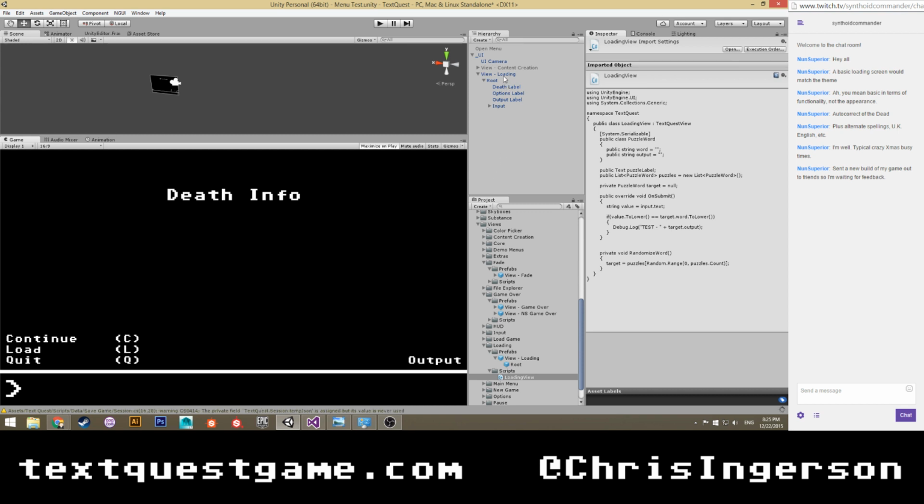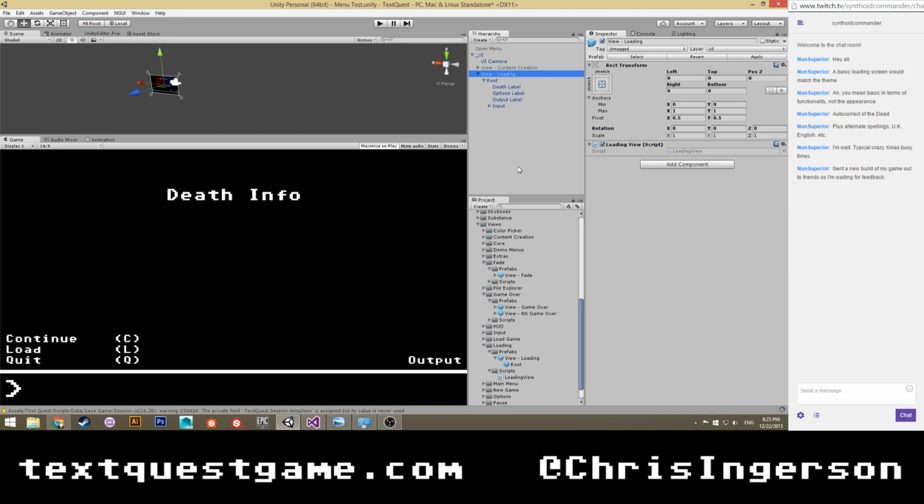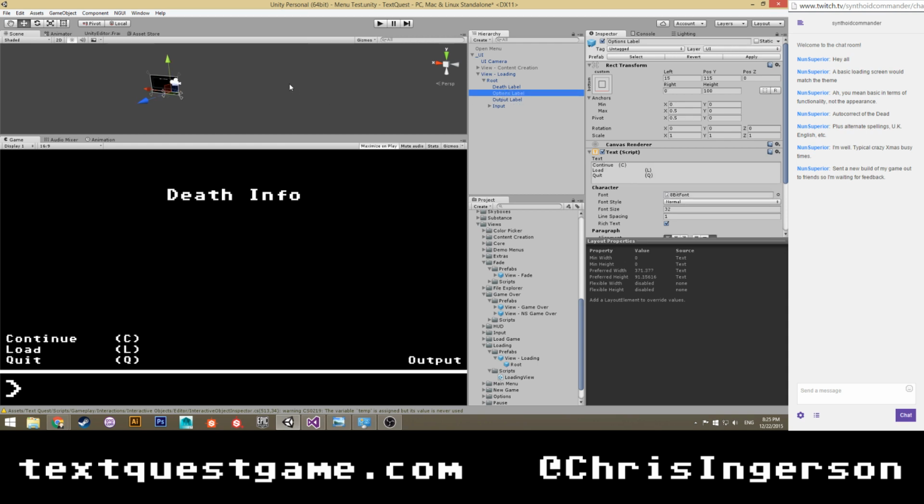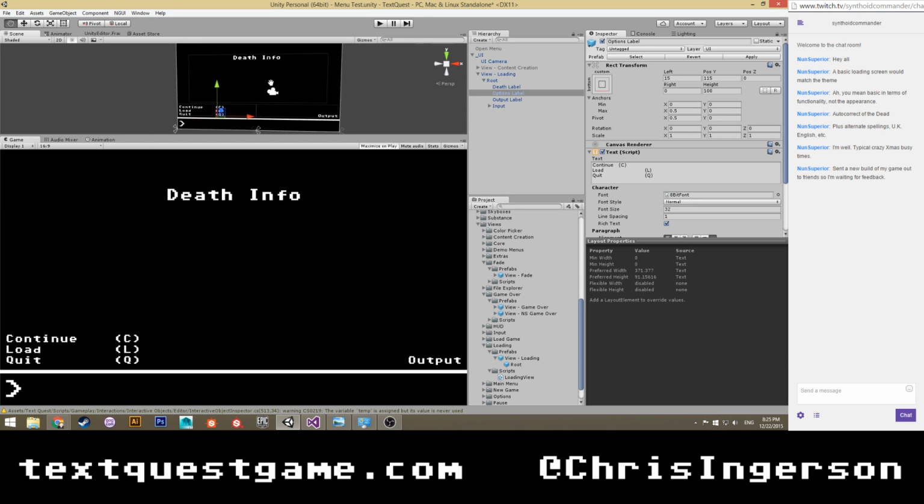Anyway, so now that should actually be showing up properly. Once it compiles, of course. And then, boom, there we go. So we'll get our root, our order, and then we'll make it 5. Okay, output label will be that. Our input will be, of course, it's below that. Let's go to here. Okay. So let me zoom in on this, see what we got. All right. So let's go ahead and have, I think we can get rid of our options label.